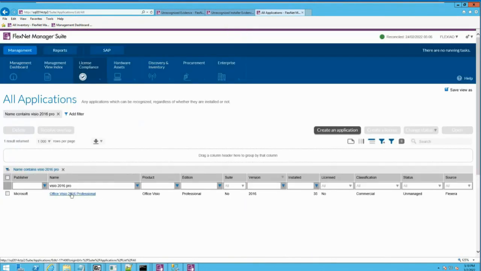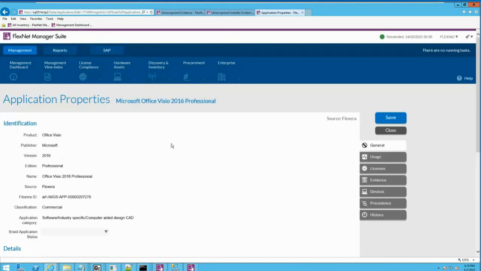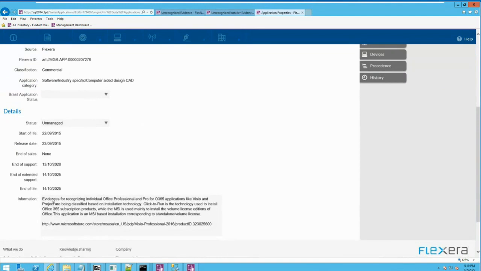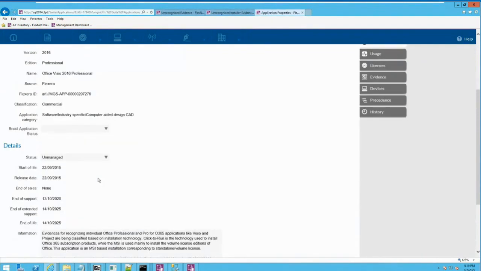And I had already filtered this one. If I go to Visio Professional, you see that we have this structure. And we have additional information sometimes, which is coming. And you have this status, just as maybe opening a parenthesis. This status is basically unmanaged is, if there are some instances of the application that have been inventoried on some